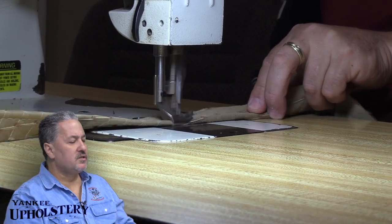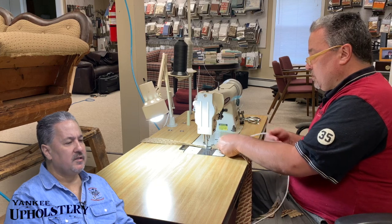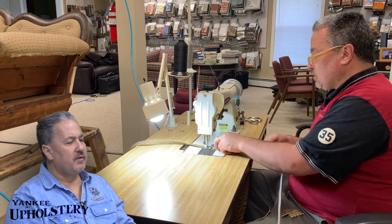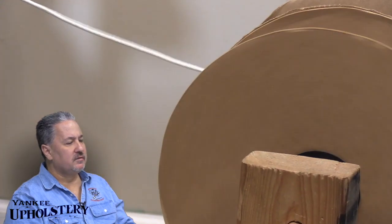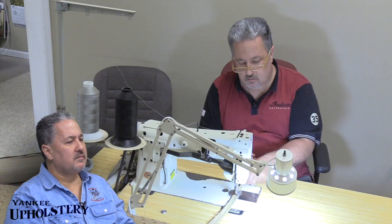So we're going to use this welt in a bunch of different places on this piece. We need some for the outside arms, and then we need some for the outside back. So we're getting ready to do that. This is preparation. This is what we're getting ready for the next task that we're doing. You can get pretty quick,